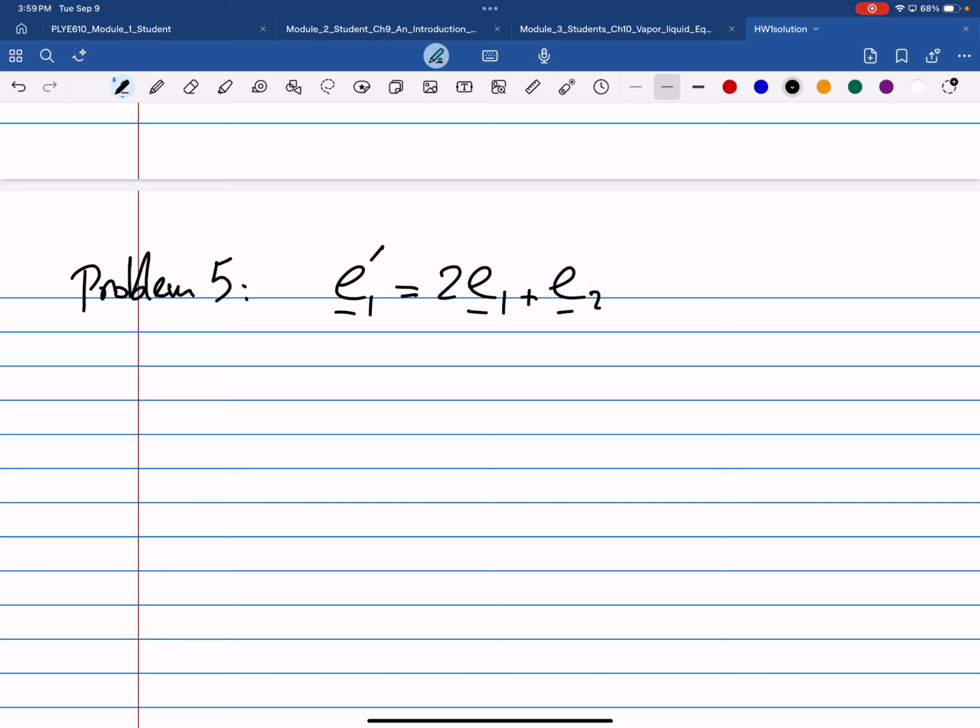You learned how to do it in 3D and more, but in 2D there might be some challenges. So we have two new bases, and we are calling them e prime 1 and e prime 2. And we have a vector v, which is basically